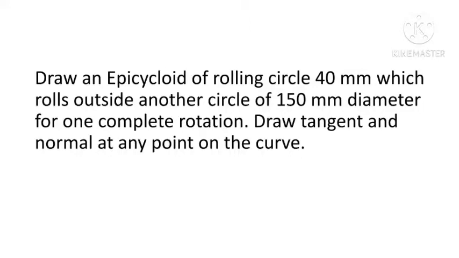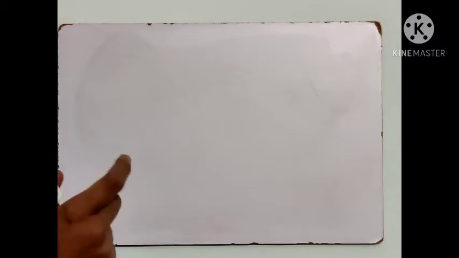So in the epicycloid, before starting the construction, you need to do small calculations. See, in a cycloid, what happens? It rolls on the flat surface. So the distance covered for one complete rotation will be the circumference. Even in the epicycloid it is the same, but it is rolling over a circle. The circle means it's a curved path, right? So even if it rotates for one complete rotation, the distance is very hard to measure.